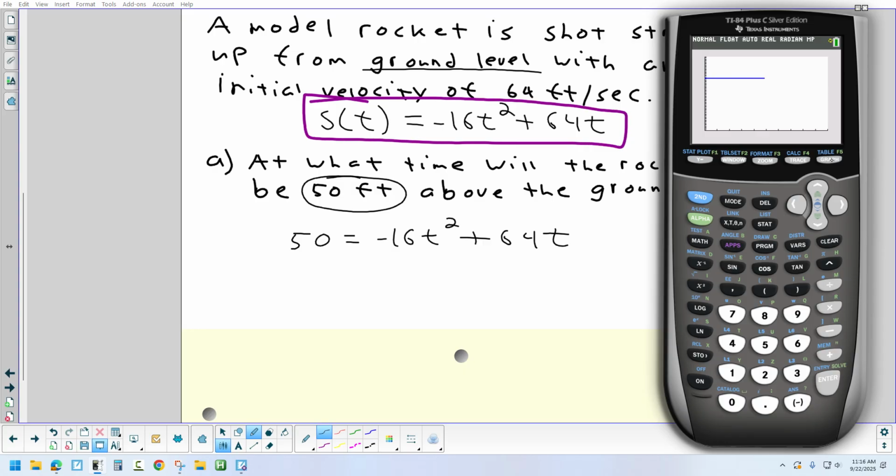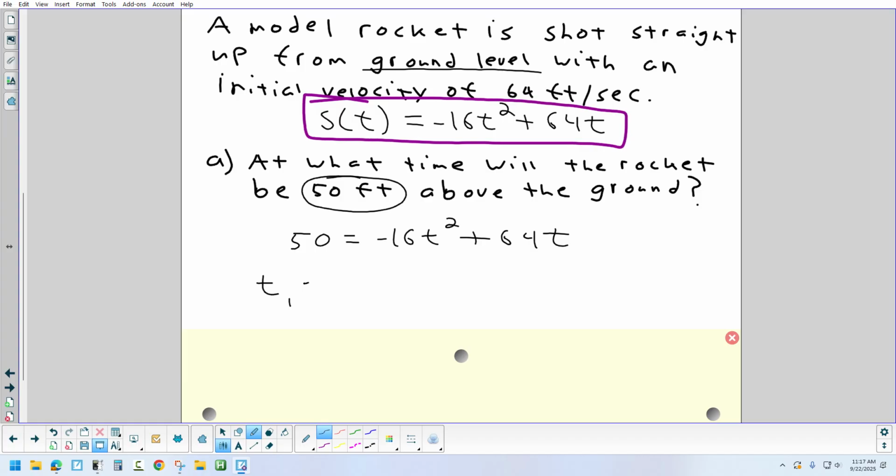Let's hit graph. So there's my 50-foot mark, and there's the height of the rocket. Now, this is a quadratic equation, and it has 2 answers, just like the sidewalk problem did. But this time, both answers make sense. Why do both answers make sense this time? Because they're both positive. Yeah, they're both positive. But why does the rocket hit 50 feet twice? Because it's 50 feet on its way up and on its way back down. So we're going to write both answers. We can call it time 1